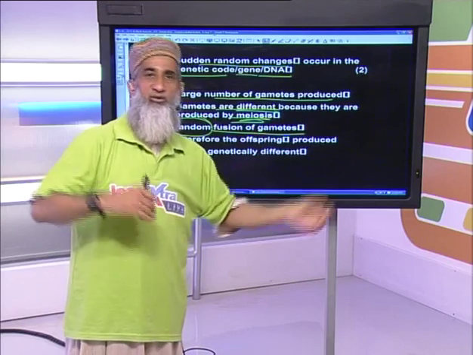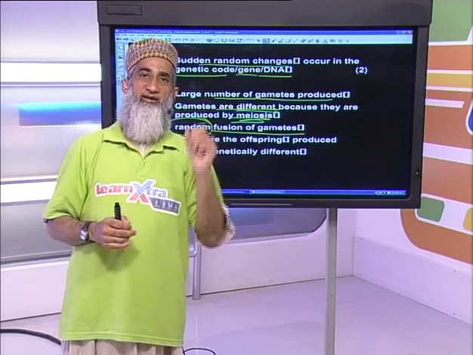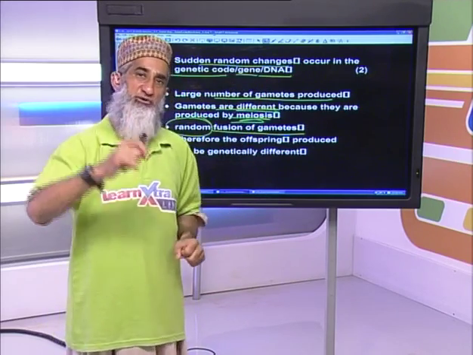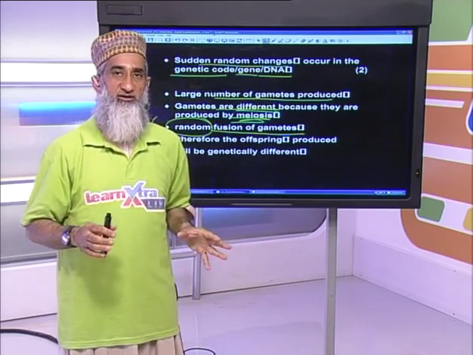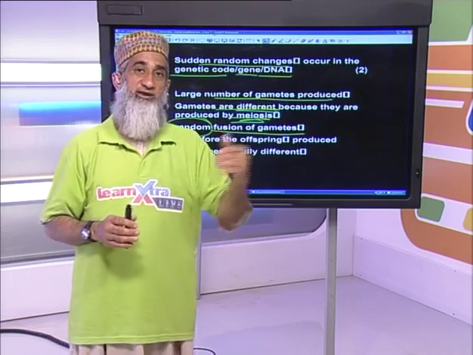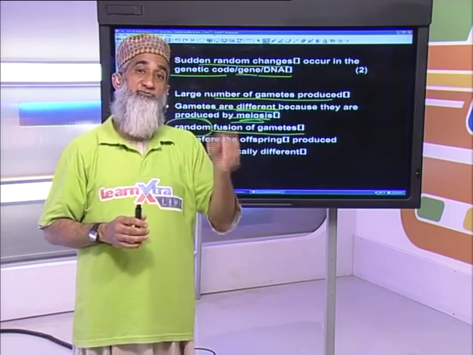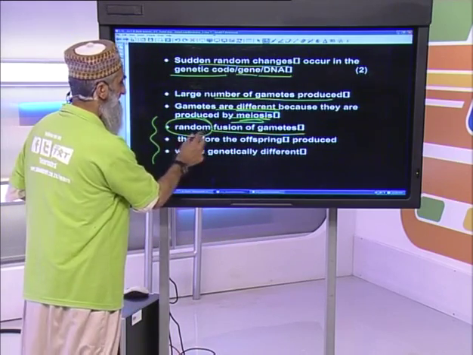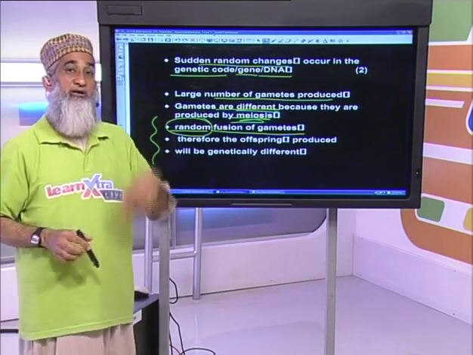Whether it's a cow, whether it's a sheep, whether it's a human being, you cannot guarantee that sperm 1 that leaves the body is going to fuse with an egg. There's no guarantee. In humans, for example, there's 200 million sperms during ejaculation. Only one of those sperms can fertilize the egg. There's no guarantee which one. So there's a randomness in that, and that randomness brings about